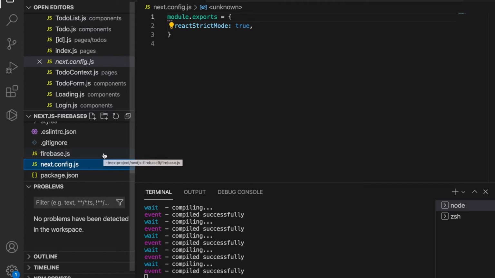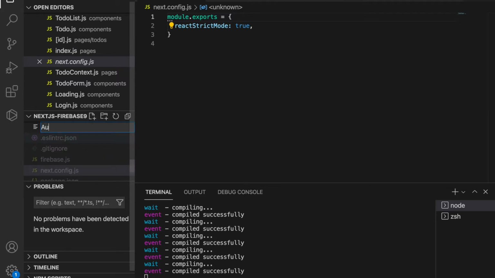In this part, we are going to create an AuthProvider, so later all the components can know whether the user is logged in or not. So under the root folder, we create a file called auth.js,